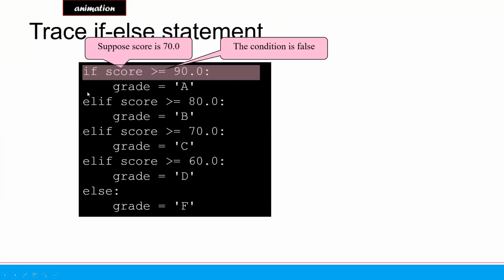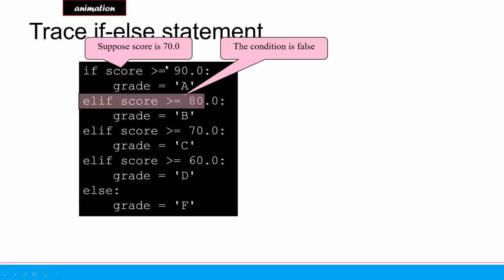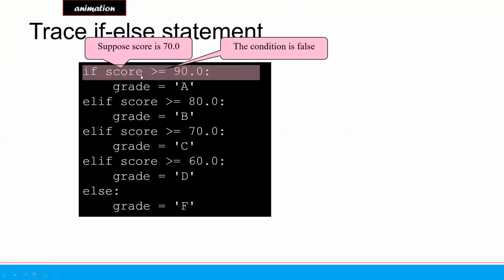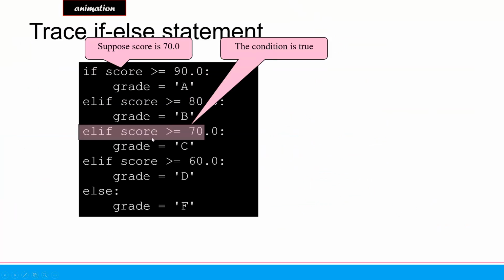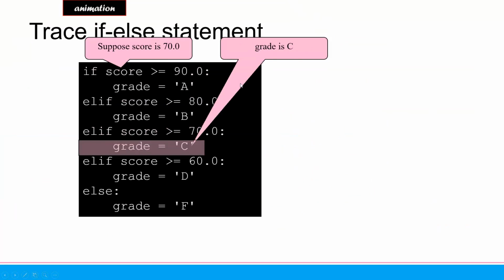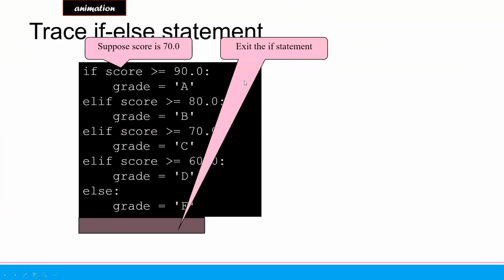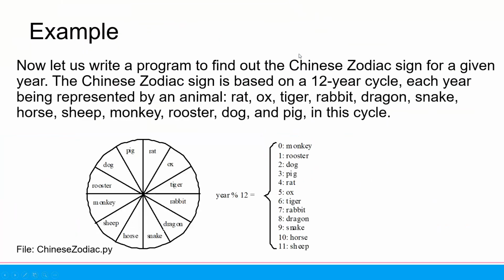So the trace will be something like this one. Suppose the score is 70. And this condition is false. If the condition is false, we will go to the next else. Score is higher than 80. The condition is false. Score is higher than or equal to 70. Okay, the condition is true. Then the grade will be C, and then after we set the grade equal to C, it will exit the if statement. Okay, now